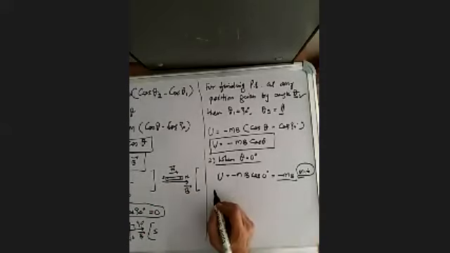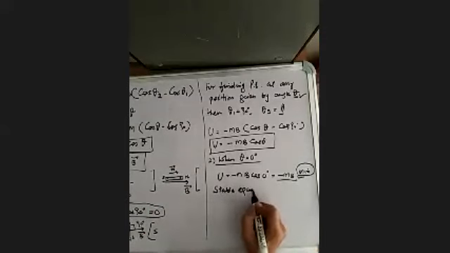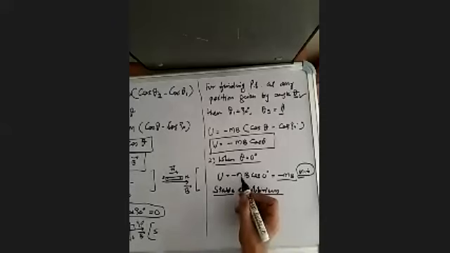So when it is aligned, that is, the dipole is aligned along the magnetic field, then the energy is given by minus MB. Now this minus MB is the minimum energy that a dipole can have in a magnetic field. So this is the minimum, and this is the position of equilibrium. And we say that the dipole is in stable equilibrium. In this position, the dipole is in stable equilibrium.